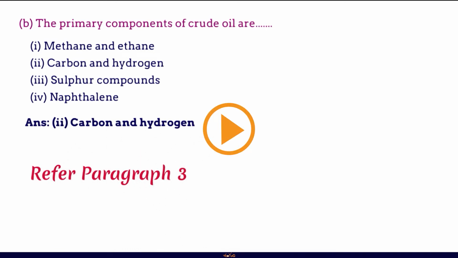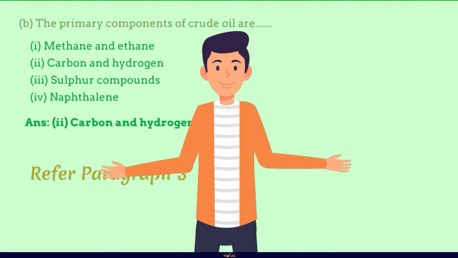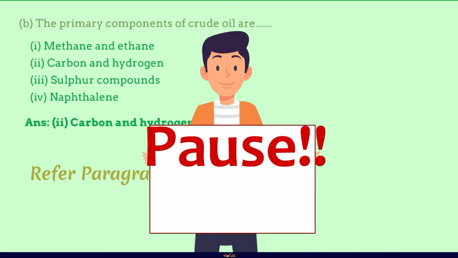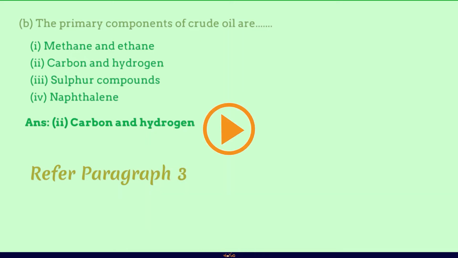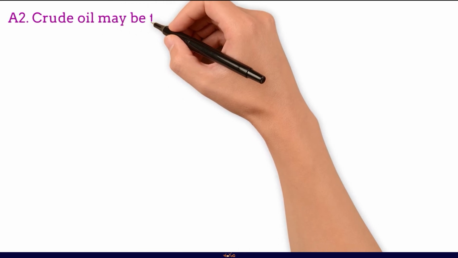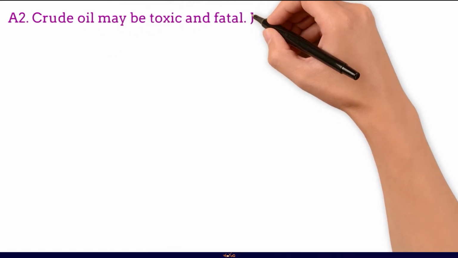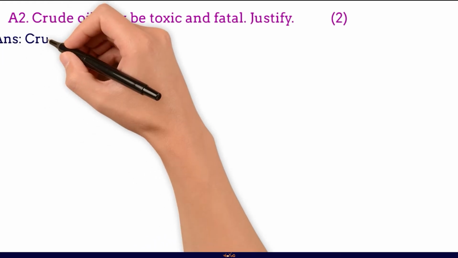Now, moving to question A2. The question is, crude oil may be toxic and fatal. Justify. Questions like these are to be solved by you in your own words. Okay, and the answer to this question is,